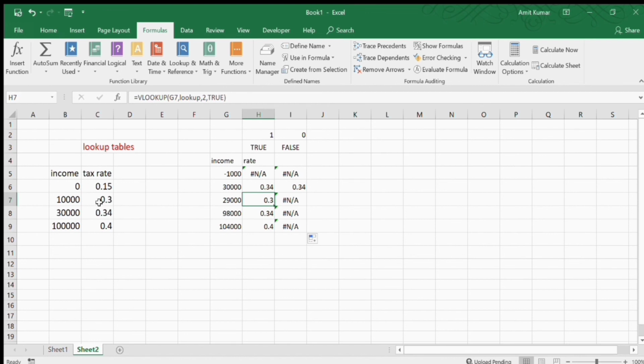So it takes the 0.3 tax rate, right? But here the difference arises: with false, if there is no exact match, it will not take the lesser value, it will just declare not available. I hope you understood the difference between true and false and the use of this lookup function.